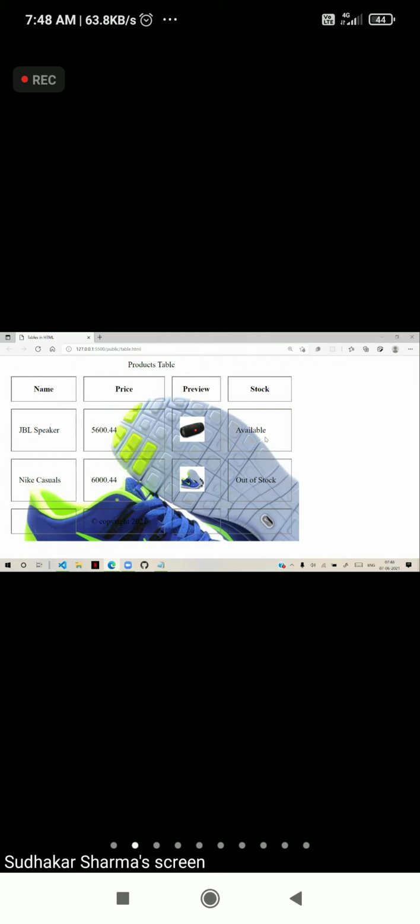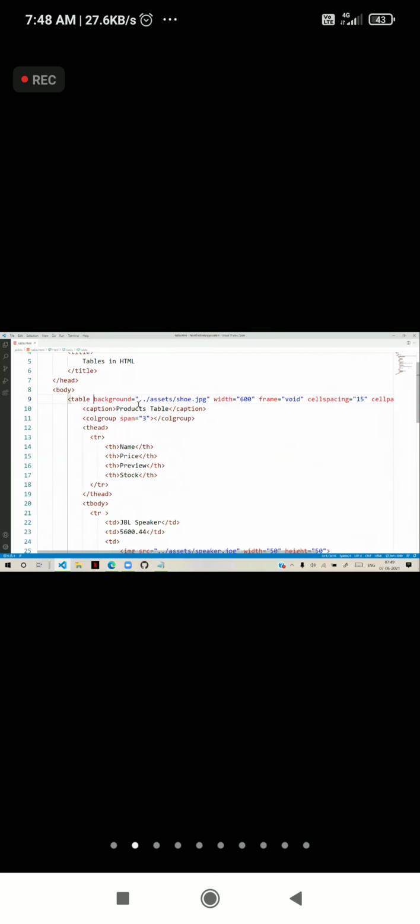But you cannot adjust this background picture. For that, you have to use CSS again. In CSS, you will learn how to adjust the backgrounds. You can keep the background centered, you can keep it stretched, you can keep it repeated. So your table can have a background image. You can keep it with HTML, but you cannot apply effects for backgrounds like center, stretch, or tiles, or size adjustment. You cannot do them. That you can do with CSS only.